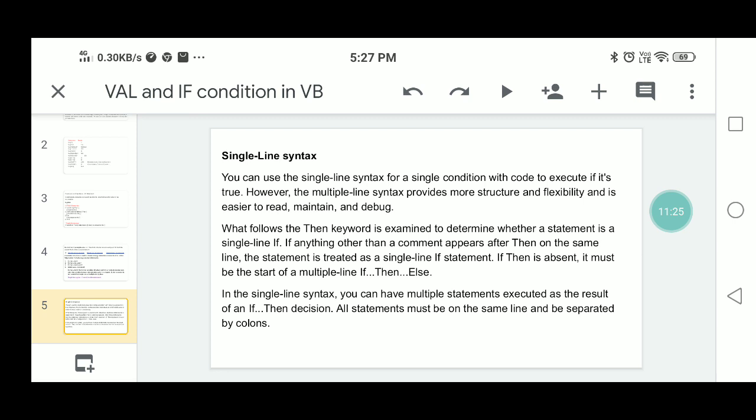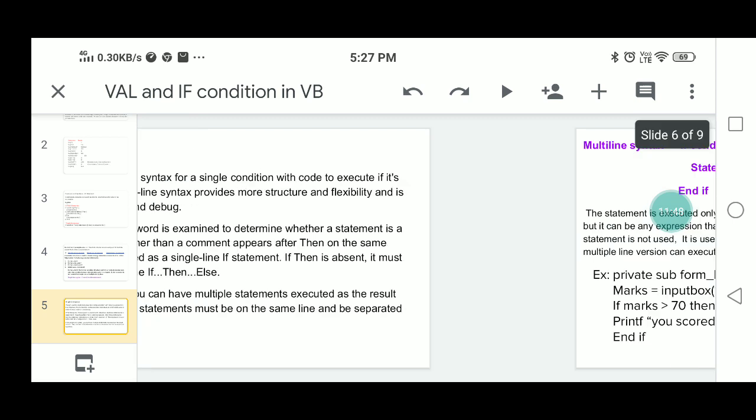If then is absent, it must start with a multiple line, that is if then else. So without using the single line if, you are using if then else. In the single line syntax, you can have multiple statements executed as the result of the if then decision. All the statements must be on the same line and separated by colons.